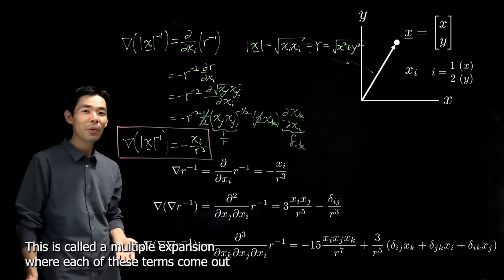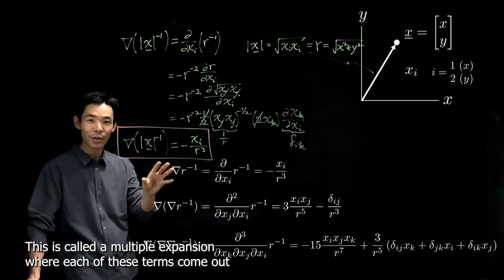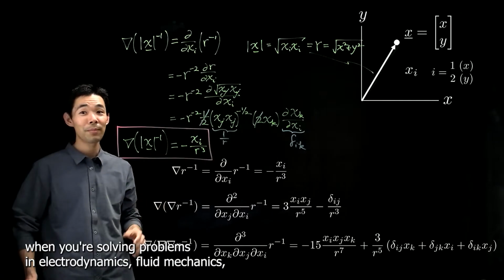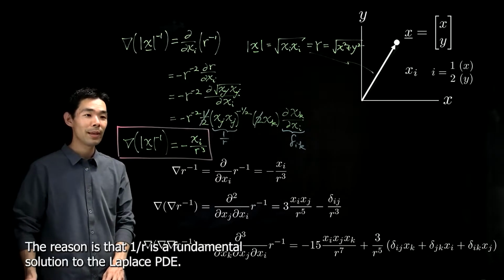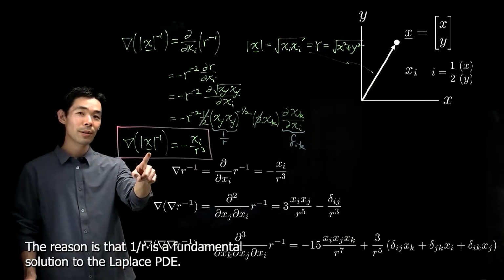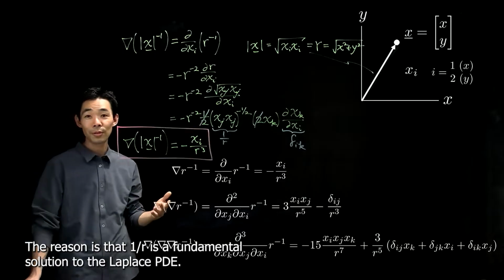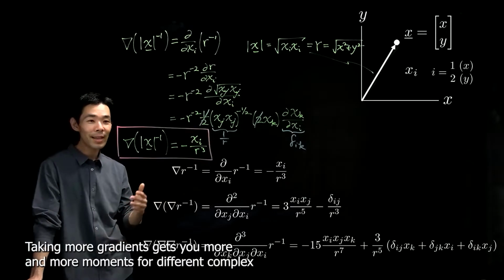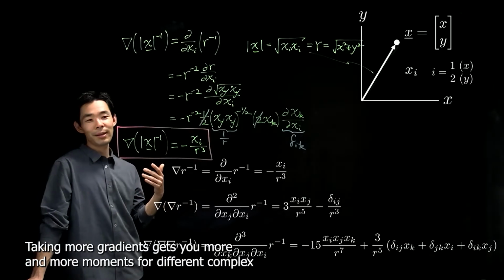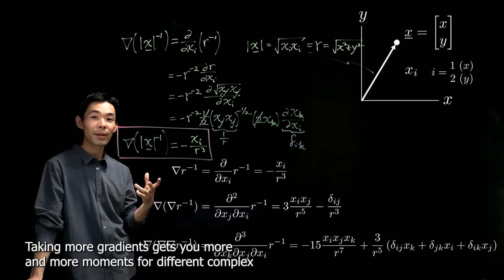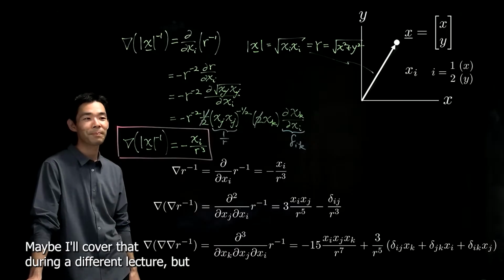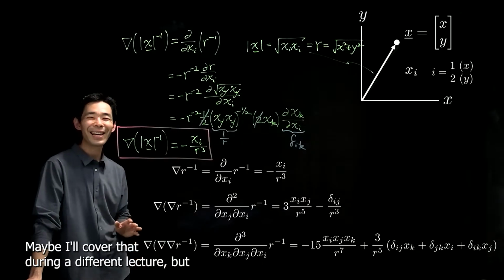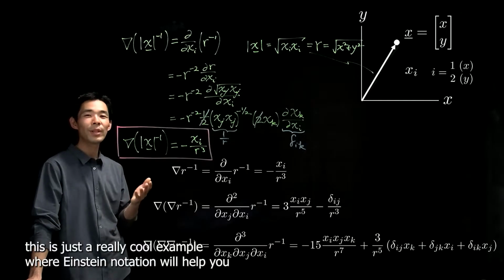This is called a multipole expansion, where each of these terms comes out when you're solving these types of problems in electrodynamics, fluid mechanics, quantum mechanics. It comes up very frequently. And the reason is that this 1 over r solution is a fundamental solution to Laplace's PDE. Taking more gradients of that gets you more and more accuracy for different complex flows, different complex interactions between different point sources. So maybe I'll cover that during a different lecture, but this is just a really cool example